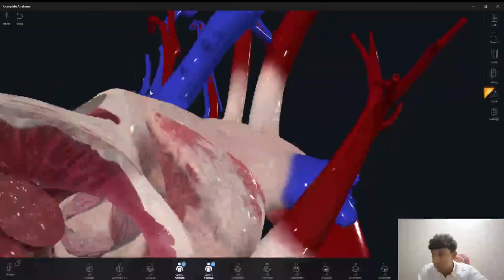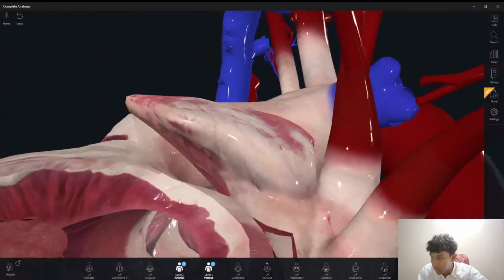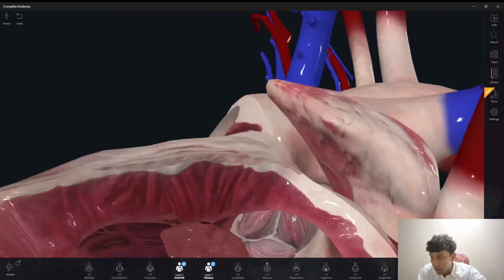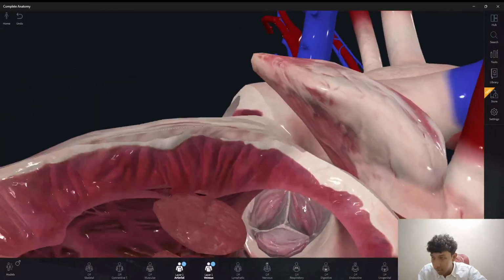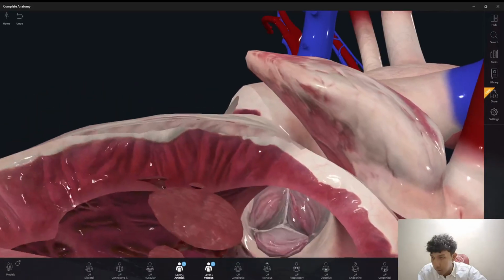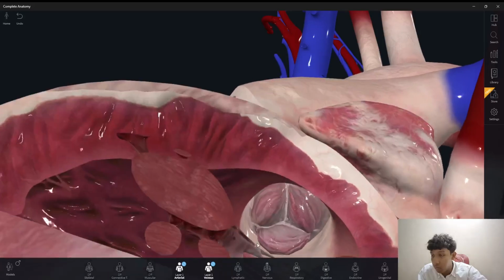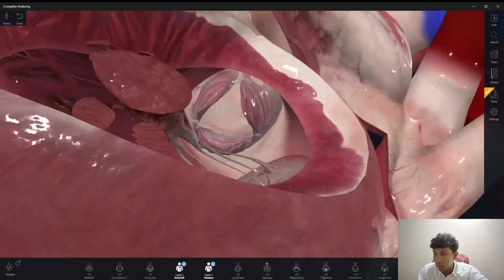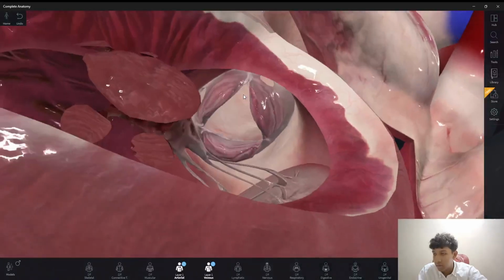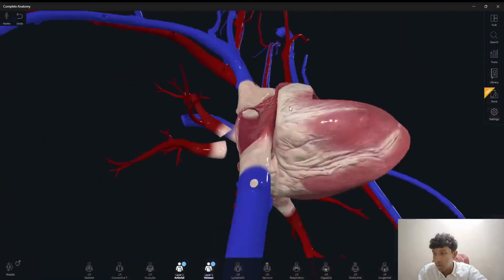So in order to do that, there must be a valve here. Why? Because the blood was pumped, right? And there's a semilunar aortic valve that acts so that the blood wouldn't flow back into the sinistra ventricle. So that is the idea of why there's a semilunar aortic valve, and